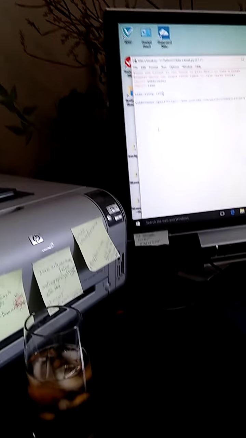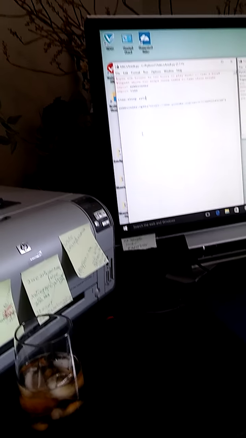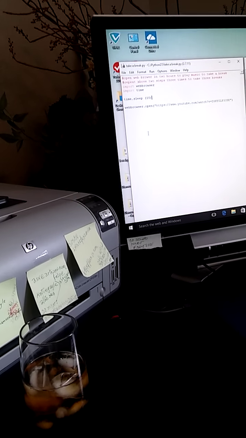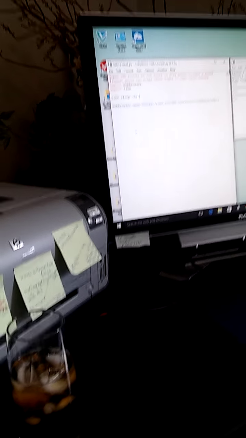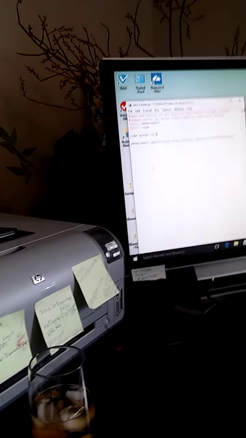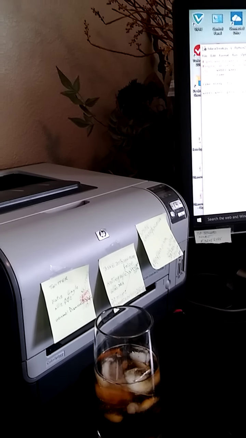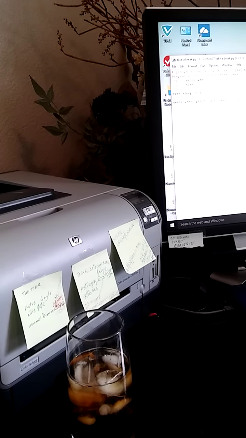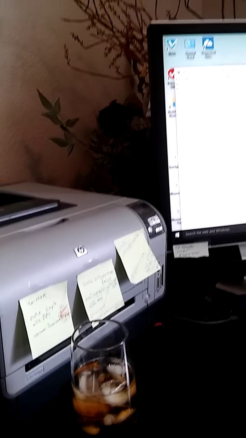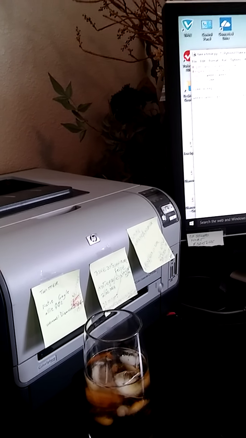I like the for loop in Python because it does the counter for you. Most loops don't. You have to do your own counter. But the for loop in Python, you give it a list. So you would say for index